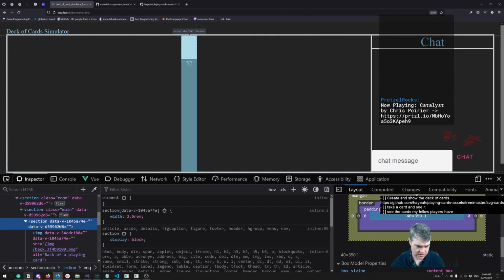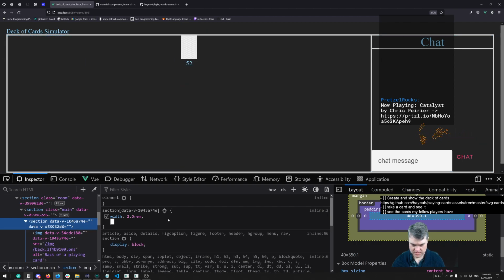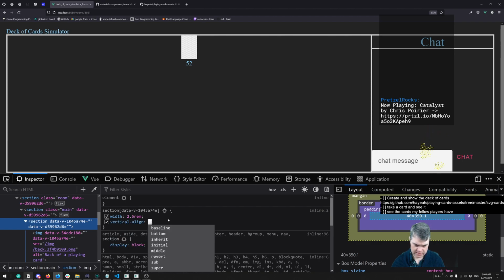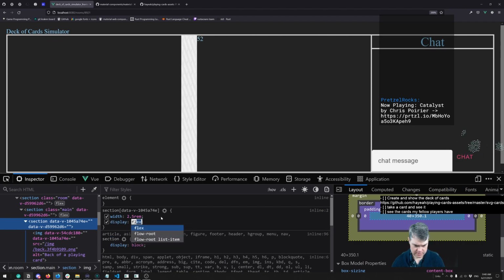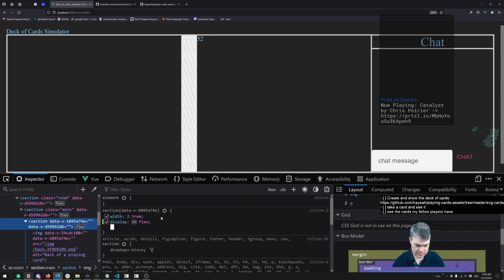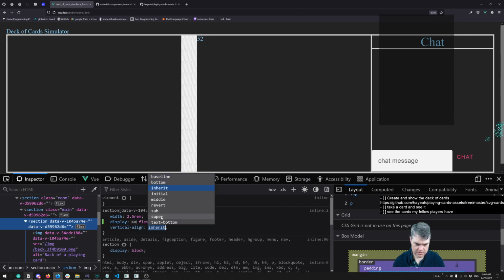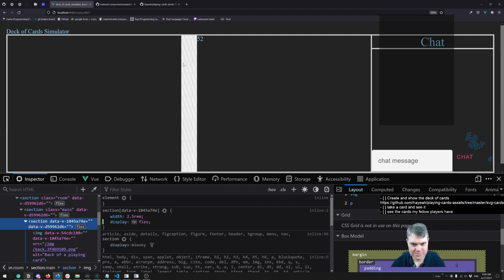So here, which is the deck, I want to vertical align it. Don't know if I can vertical align it. Do I have to display flex it? No. And by doing a display flex, that makes it the entire height here, which means